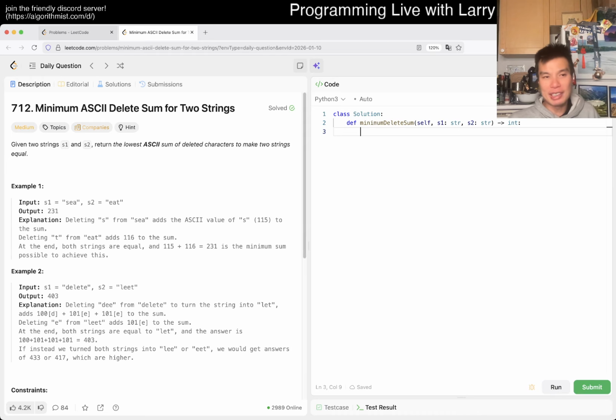Yeah, let's look at today's problem. We have 712, minimum ASCII delete sum for 2 strings. Given 2 strings S1 and S2, return the lowest ASCII sum of deleted characters to make 2 strings equal. Delete S from SEA adds ASCII of E to the sum. Deleting T. Okay, so we're trying to like